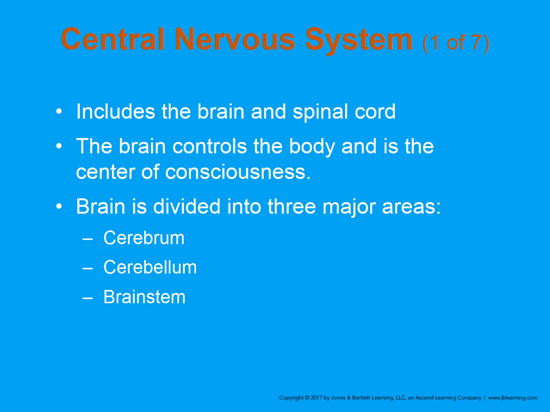The central nervous system is composed of the brain and the spinal cord. The brain is controlling all the body's functions as well as our center of consciousness. The brain is further divided into three major areas. The cerebrum, which is the largest part of the brain, is composed of the right and left hemispheres. It performs higher functions like interpreting touch, vision, and hearing, as well as speech, reasoning, emotions, learning, and those fine